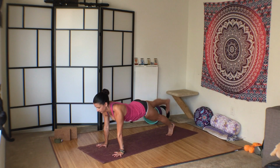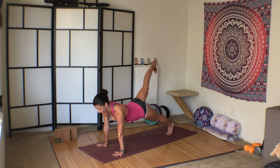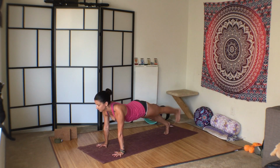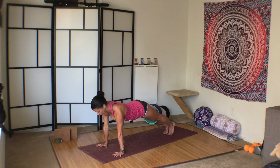Pull the hip points forward, and this time we'll do 10 leg lifts. So engage the glutes, heart space in between the biceps, and 10. Lift the legs, lift the leg. Just one leg at a time, not both legs. On your count,